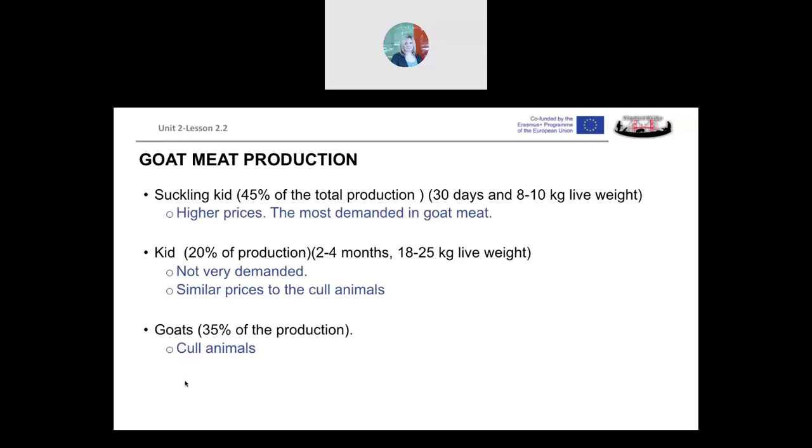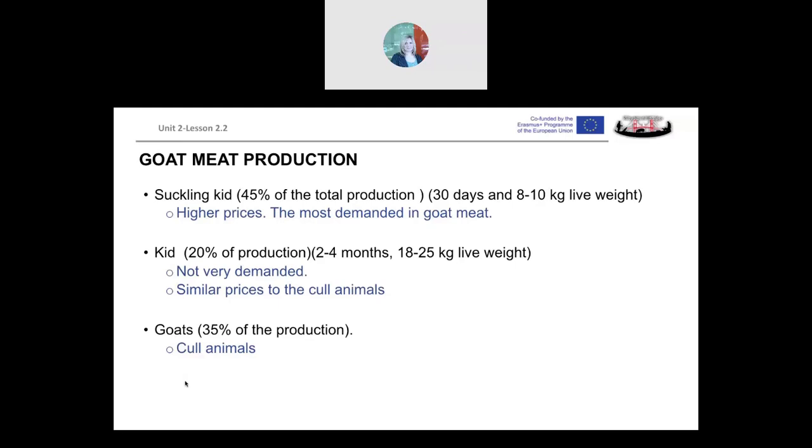In this case, we are talking about an animal with an age between 2 to 4 months, with a live weight of 18 to 25 kilograms. As this type of meat is not very demanded, the prices are not very high. In fact, they are very similar to the prices that the cull animals achieve,